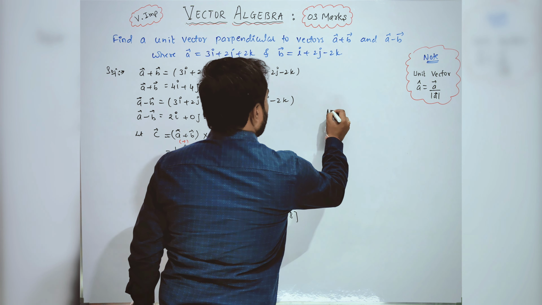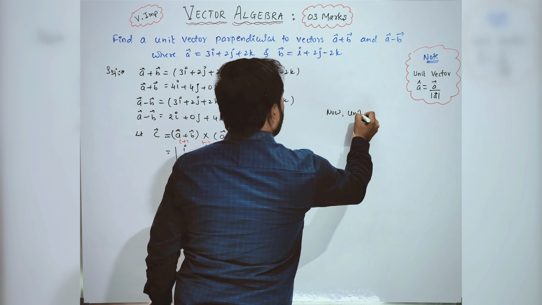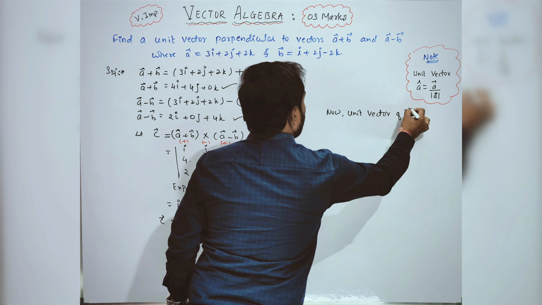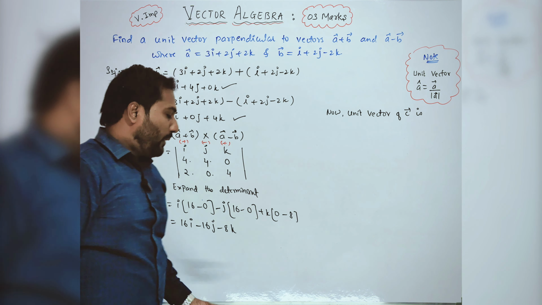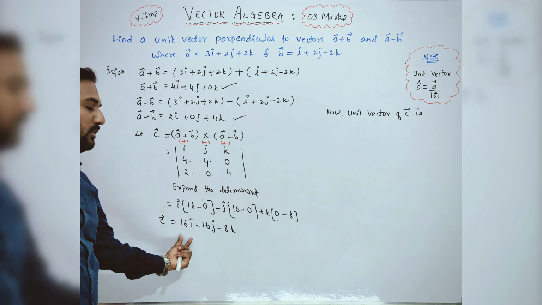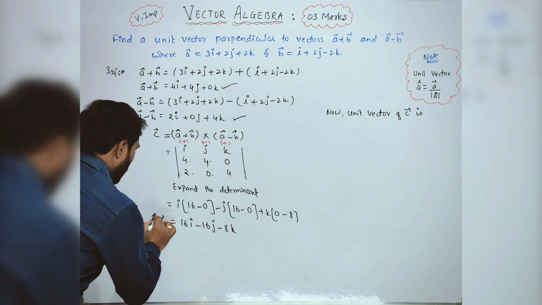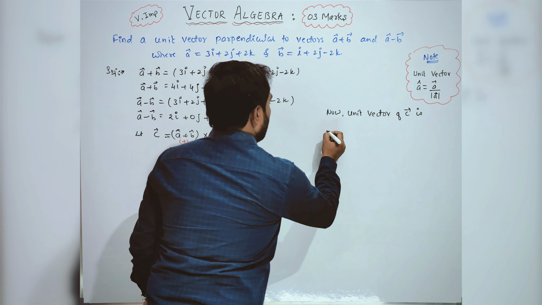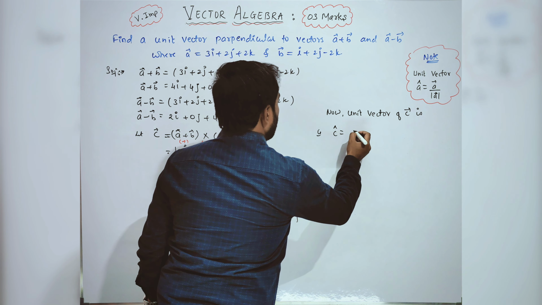Now find the unit vector of this C. We have converted 2 vectors into a single vector. Now let us find the unit vector: C cap is equal to vector C by its magnitude. Vector C is the same, 16i minus 16j minus 8k, divided by